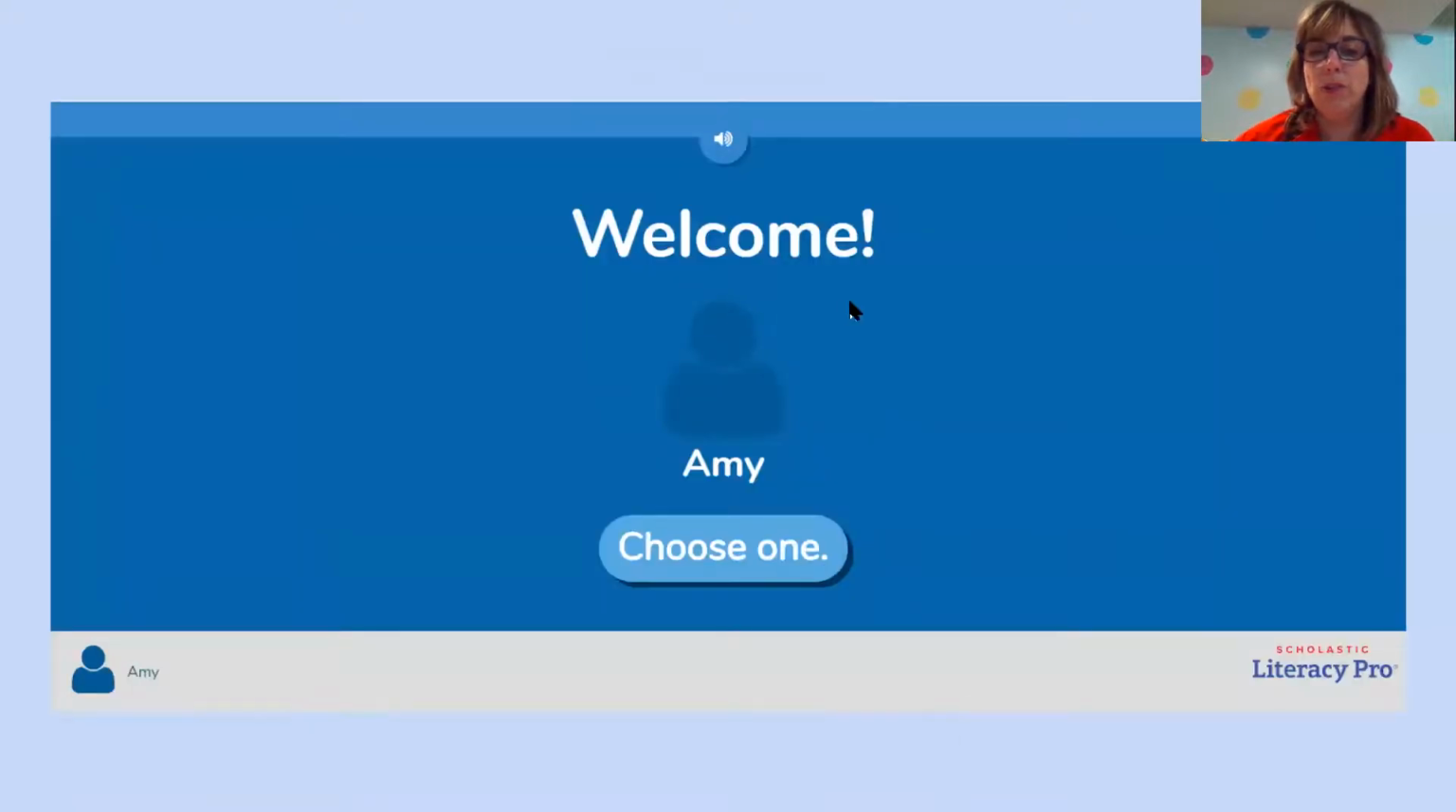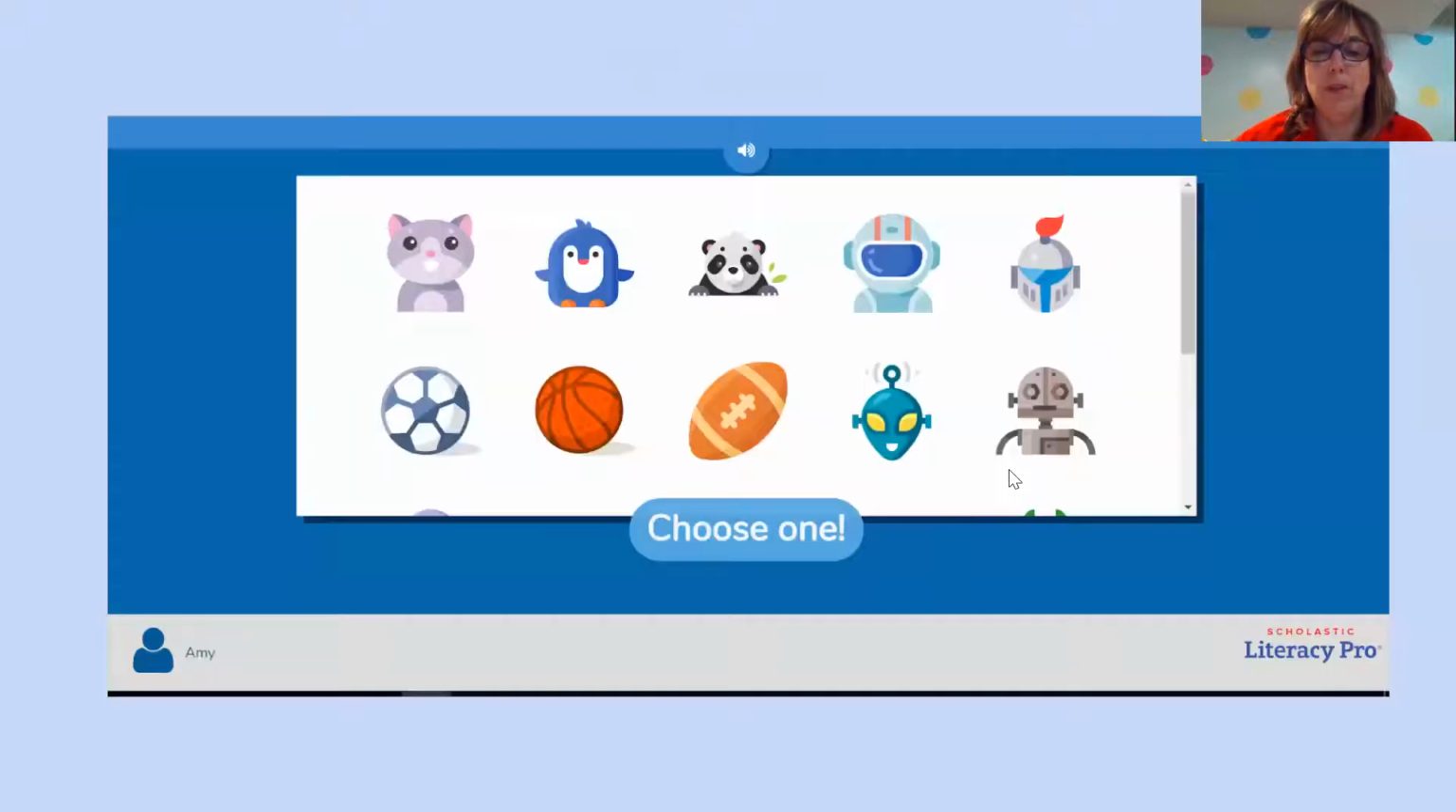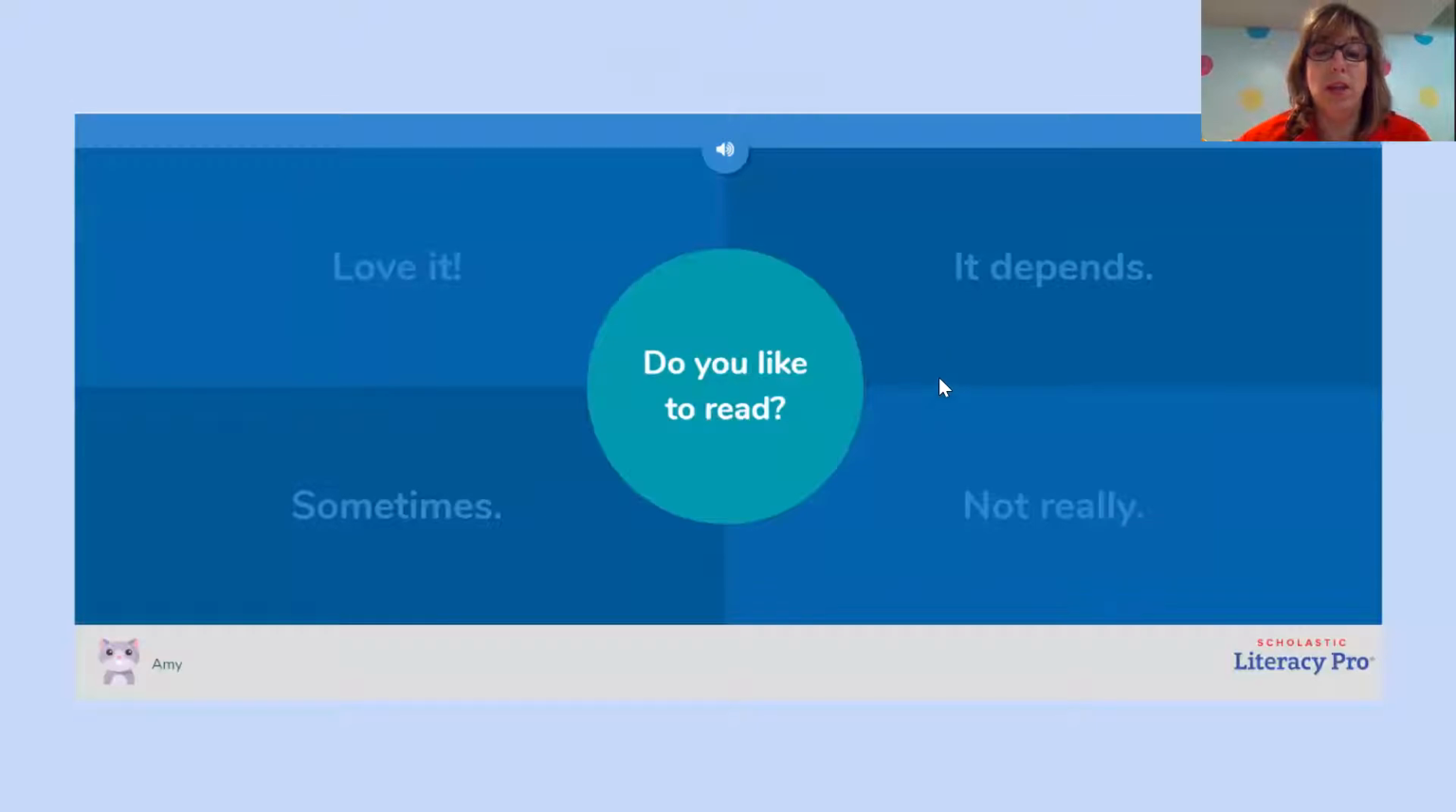So once you launch Literacy Pro, you're going to come to a welcome screen. And then you're going to choose an avatar. So you can pick any one of these avatars and you can change it later on if you don't want it. After you choose an avatar, you're going to do an interest survey, and they'll ask you questions like, do